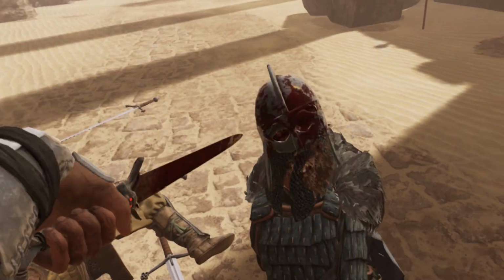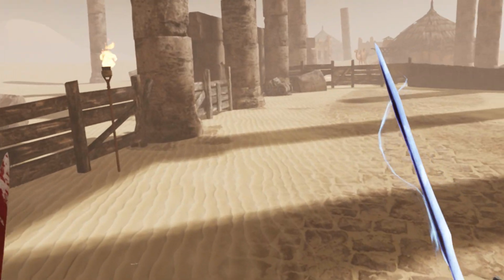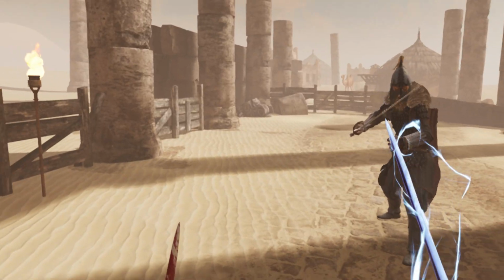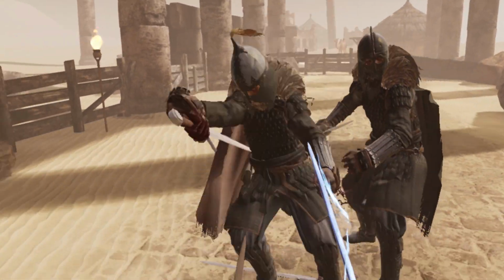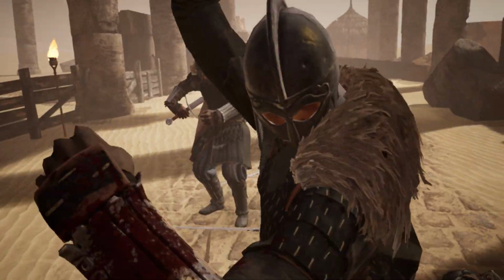That's probably like the best strategy. So you see there, I hardly did anything. One thing this game does lack is the physics sandbox of something like Blade and Sorcery. I would also say something like, oh wow,